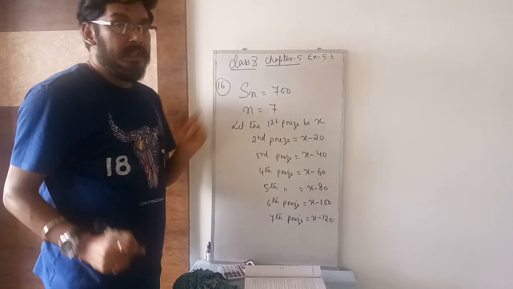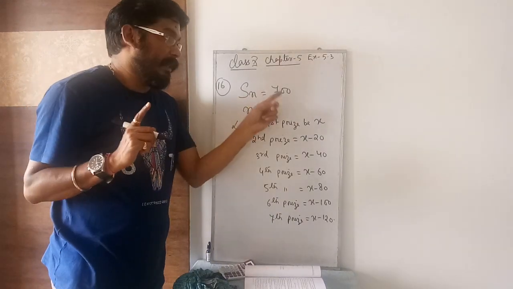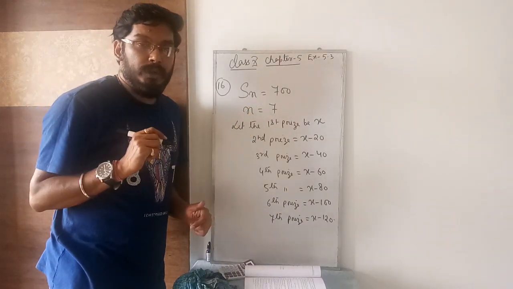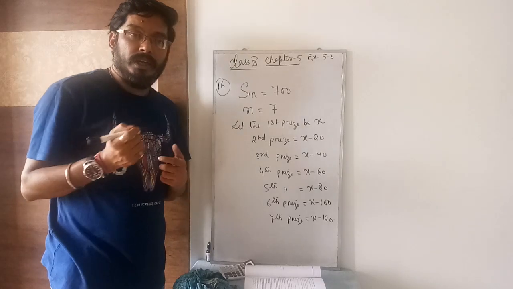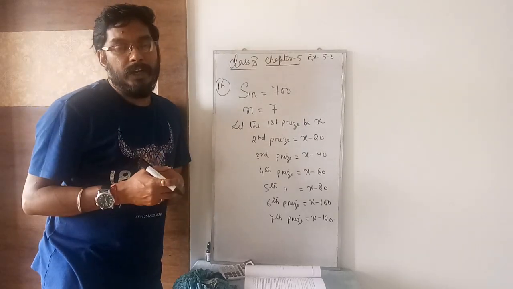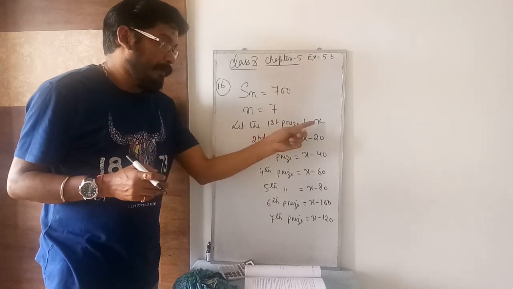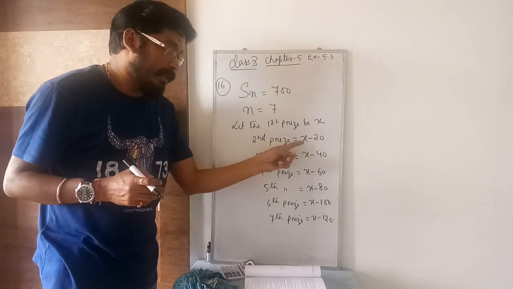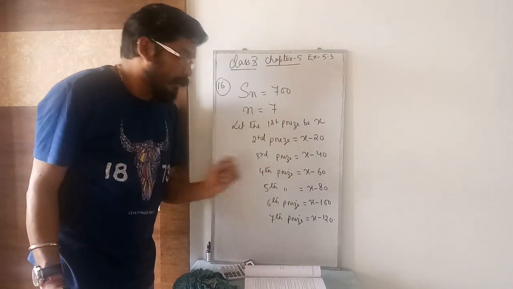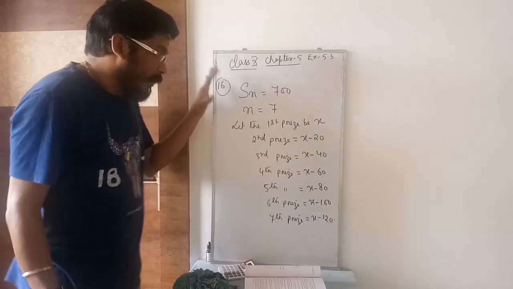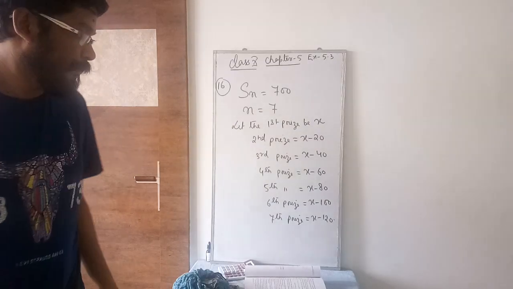So the total money you are going to distribute, the sum, is 700. How many prizes? 7, so n value is 7. What the first prize is, you don't know. You just know every prize will differ by rupees 20. So if you take the first prize as x, the second will be x minus 20. In this way you will go on decreasing by 20 rupees. So these are the list of prizes which you are going to distribute. Take the screenshot. I will rub this part.